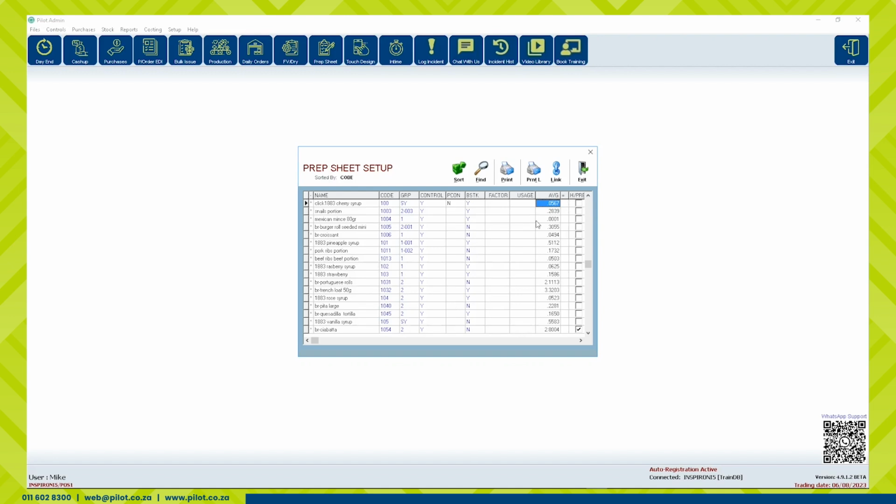Needless to say, if inaccurate closing counts are inputted on the prep sheet from day to day, these averages will be incorrect. Thus, as a result, inaccurate estimates will populate. We have the usage column here too, allowing you to enter your own average usage per 1,000. If you do enter your own values here, these will override the system averages being populated and estimates will pull